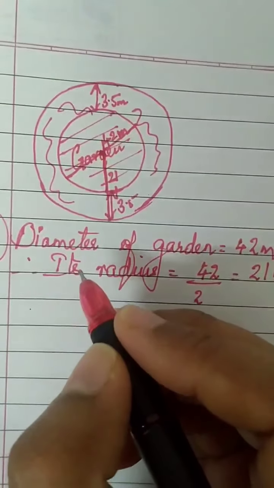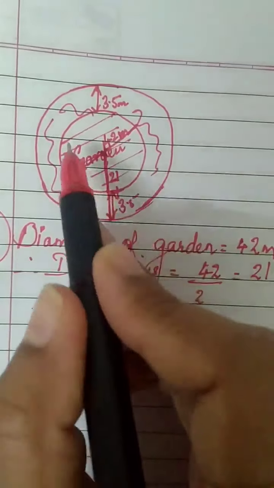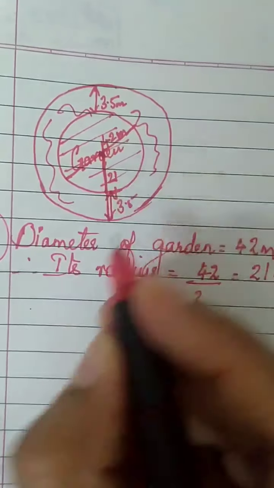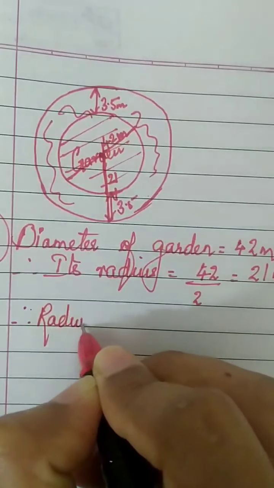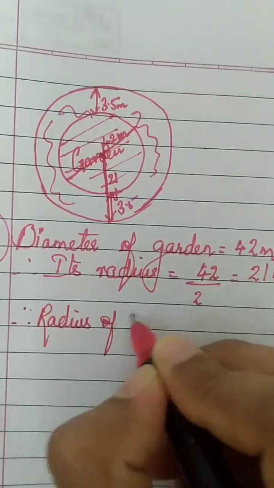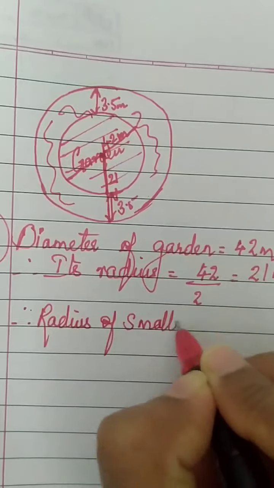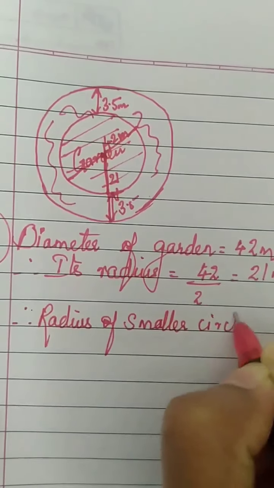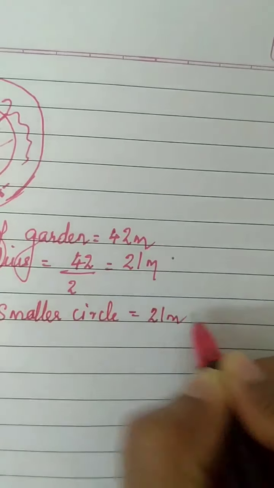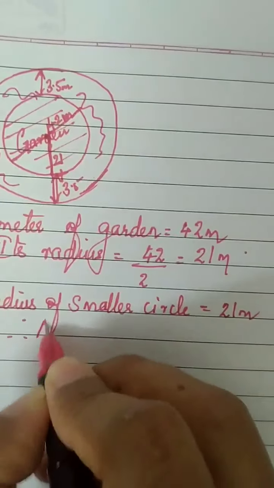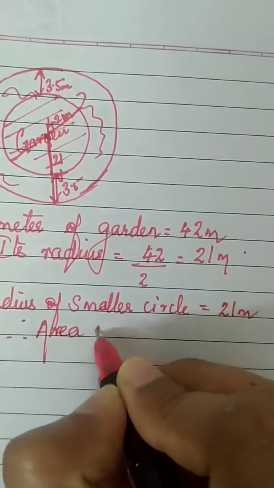So now we will take the smaller circle and the bigger circle. The garden's radius means it is the smaller circle. So we'll write, therefore, radius of smaller circle is equal to 21 meter. Therefore, area of smaller circle